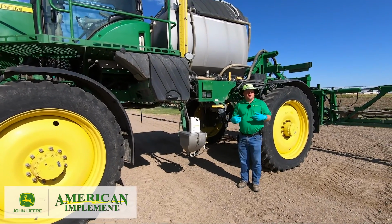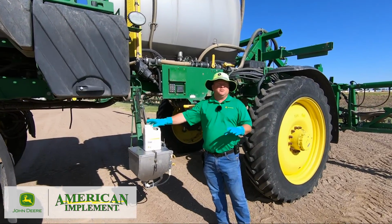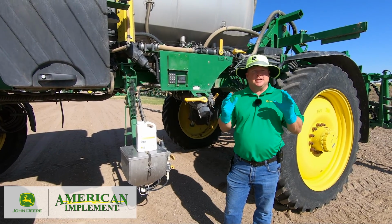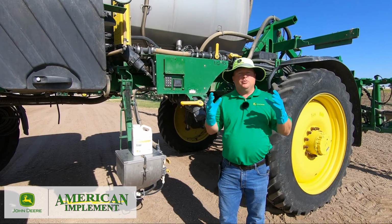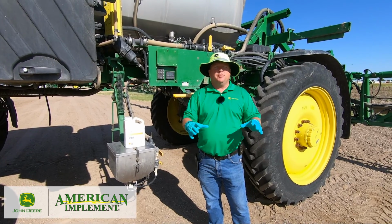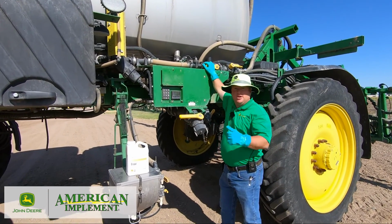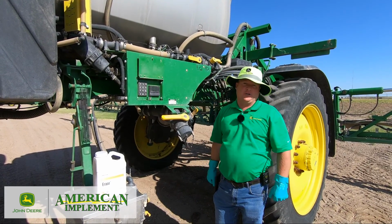The reason I'm starting on the machine without it running is I want everybody to make sure that if you're doing rinse out of certain chemicals, you use a proper cleaner, okay, number one. Number two is the whole key to rinsing out a machine is dilution, dilution, dilution. You have chemical in the machine, you have chemical in the boom, and you need to get rid of that. And the only way to get rid of it is to dilute it down to get to a base water percentage, okay? So make sure when you're going to do a rinse out, you open up your high flow valves if equipped. You make sure that your orifice valve is equipped so that you have full flow through the machine,